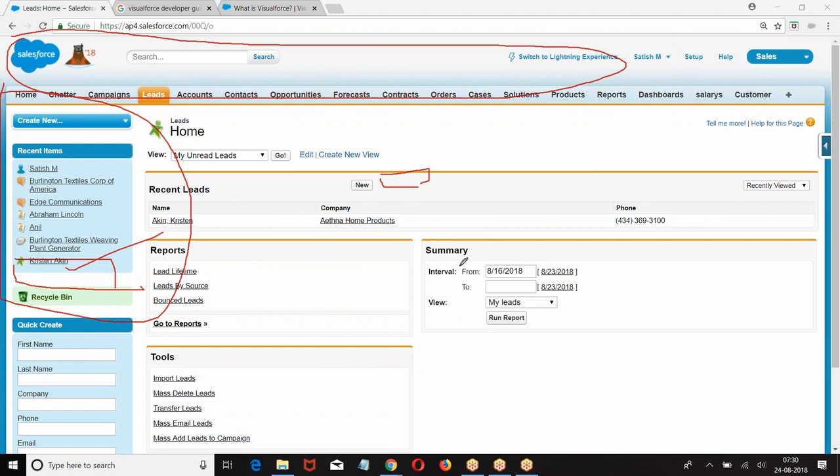Then what is it? You are trying to replace the standard pages with a custom look and feel, or you are trying to add new components on a standard page. Here I want to keep a button called mail. We are trying to add extra functionalities. Now I want to add one more sidebar component here, like recent items, create new. I want to have one more button here.